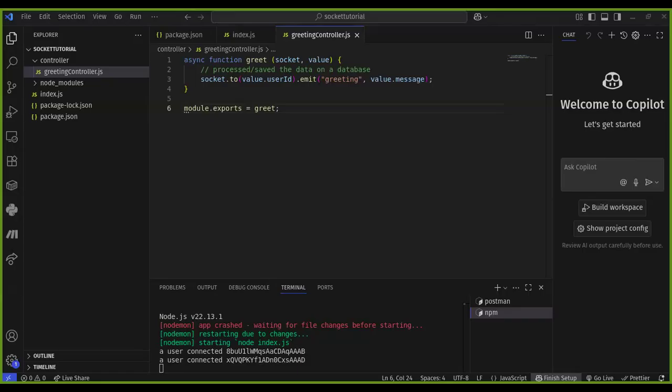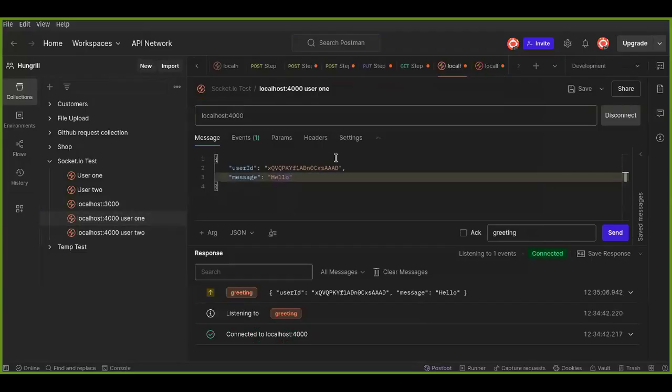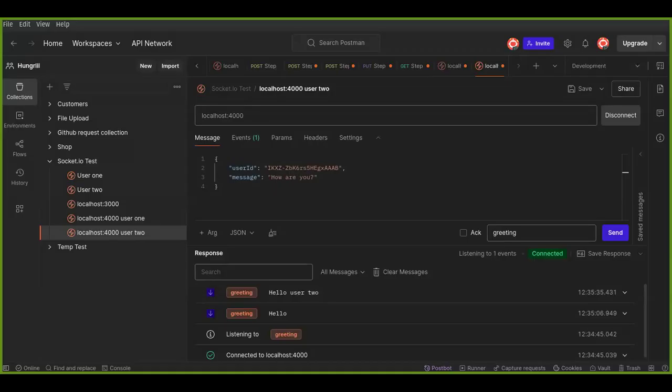Let me show you from Postman. So let me say hello user 2. Send that event, come to user 2. User 2 receives the hello user 2. So, which means this is also valid, right? What I did here